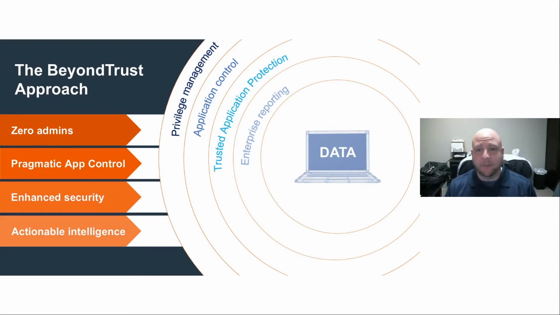It's about the experience of the people that have to own the product and take the bullets when things aren't working. So giving our users and our customers data that's actionable. You can actually take it and understand what you're looking at. You can take action immediately. You're not spending a week going through a bunch of data files trying to figure out what's going on in the environment or what you should do. So having that actionable intelligence is really key, especially when we talk about our products and endpoint